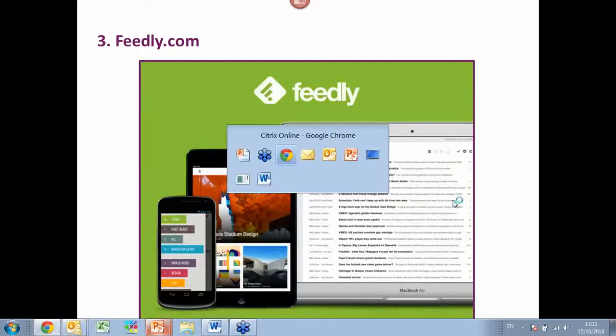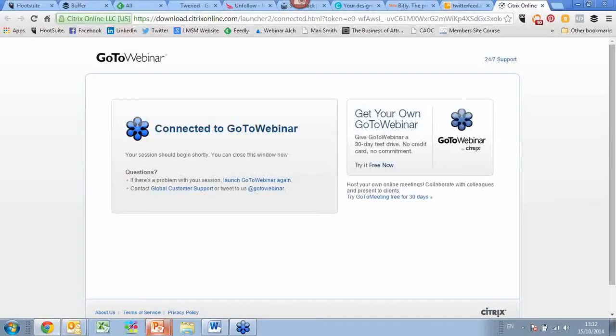Okay, now the next category, if you like, that we're going to come on to is content curation. And if you're not familiar with that term, all we're talking about here is you collecting articles of interest, content that you want to put out onto your social media account and collecting them all into one place so you can manage that. And the tool that I use the most, and I use this regularly,